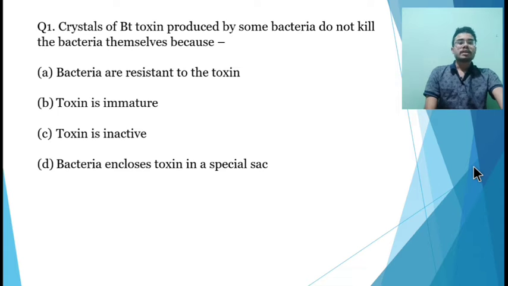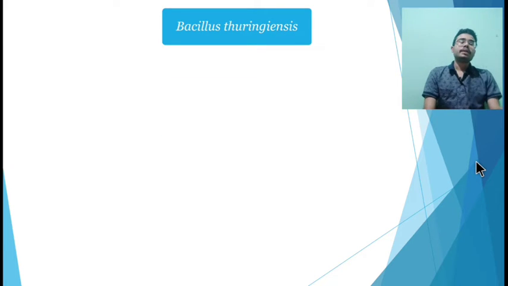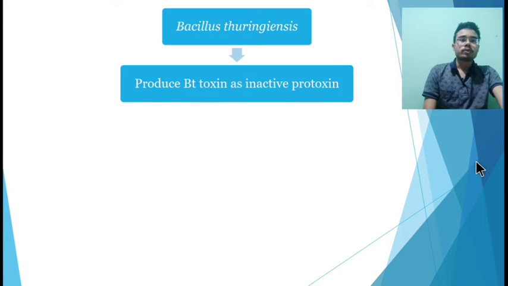But before answering the question, we should know about what is Bt toxin. Well, the term Bt comes from the bacteria Bacillus thuringiensis. These bacteria produce a toxin that is named as Bt toxin, but the toxin is produced in its protoxin form,